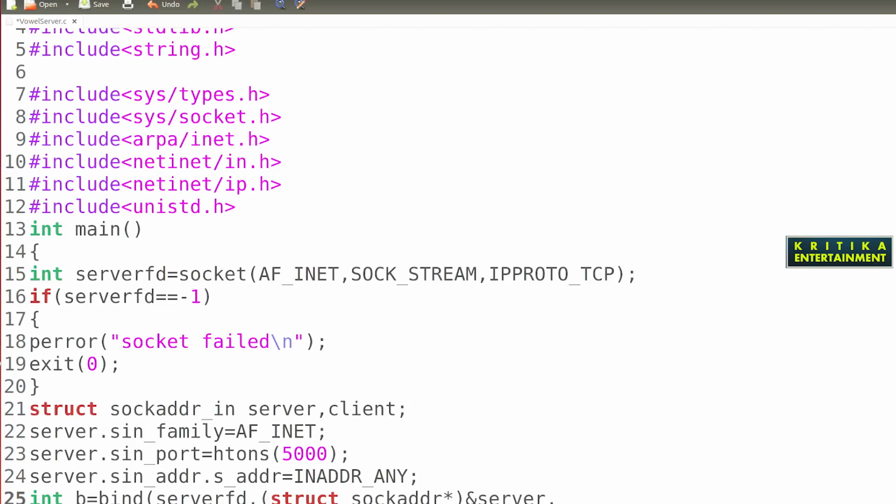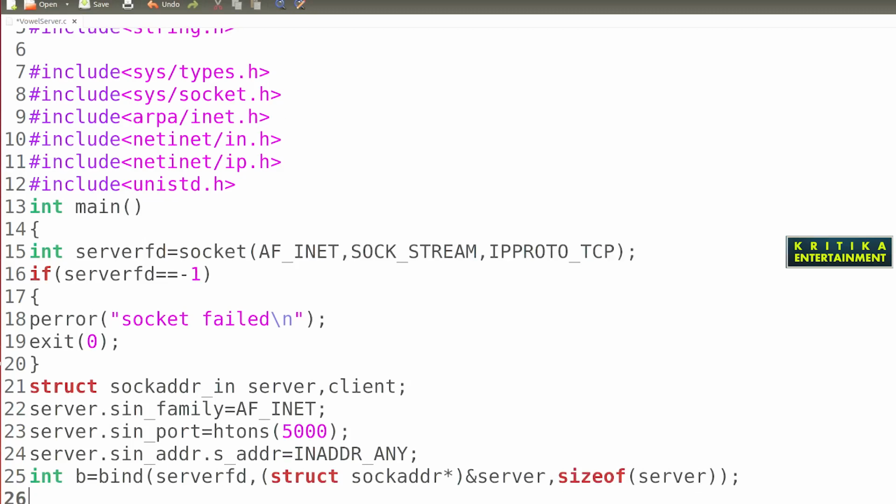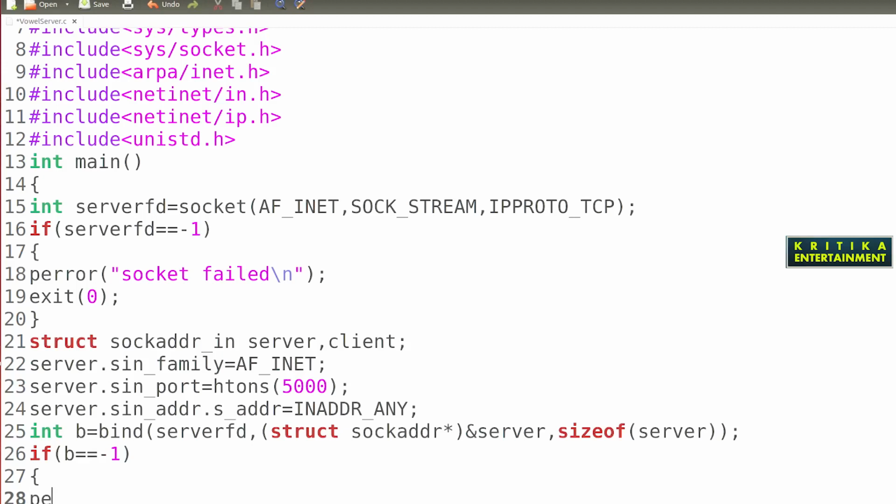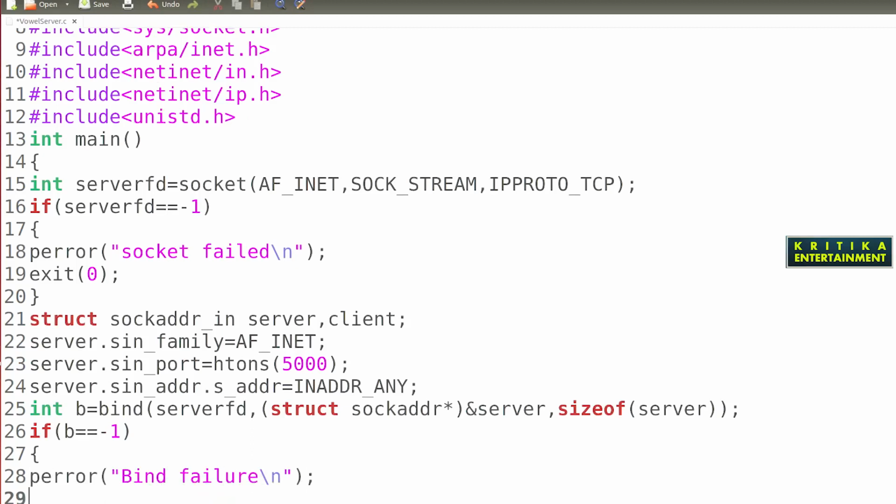Then the size of server. So this is the bind function. Then if b equals -1, perror "bind failure", then exit 0.